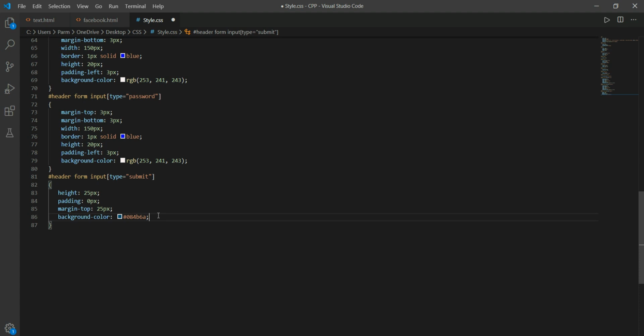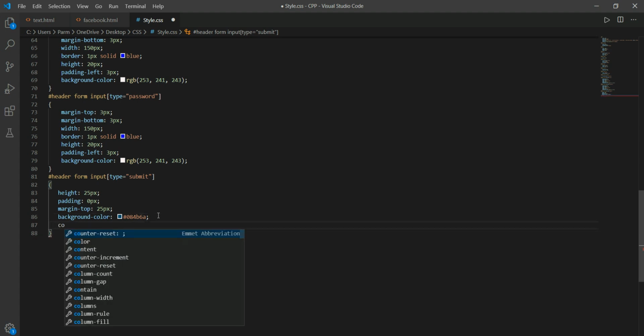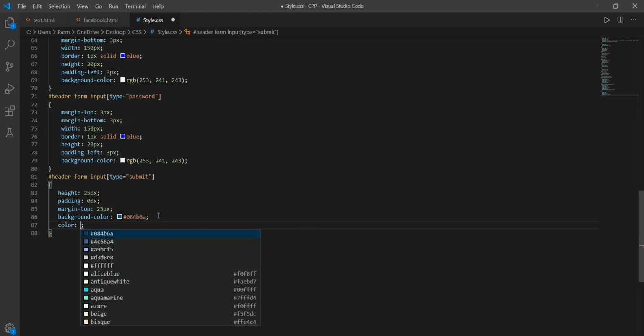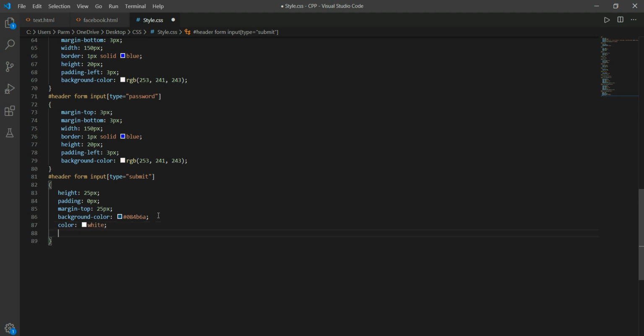The same I'm setting the background color for this, and color of the text over there is, as we see, login is written in white, so here I'm setting the color white for the text, and it's written in bold, so font weight bold,